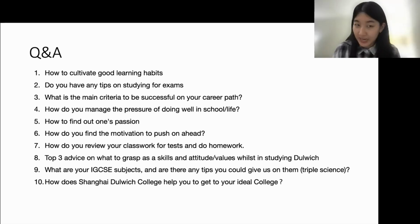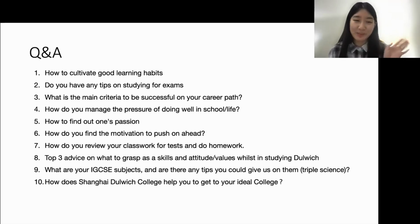How to find one's passion. As I said in my previous slides, it's really hard to find someone's passion. But what I really think is a good way is trying out basically everything. You don't know what you like, and you don't know what you don't like. For example, right now I'm working in strategy consulting, right? And